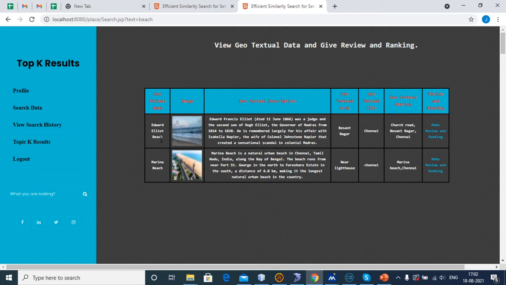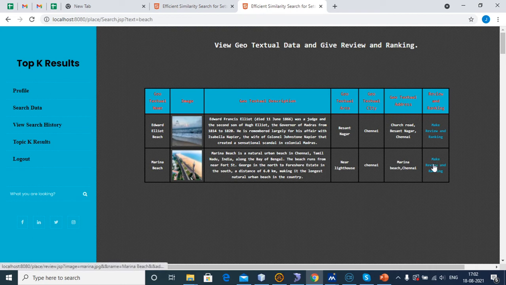You can view all the information about the beach. After that, you have to give the review and ranking for the particular place. Here the Edward Elliot Beach and the Marina Beach are available. You can view all the geotextual information, which means the description about the Edward Elliot Beach, the geotextual area, the city, and the full address.